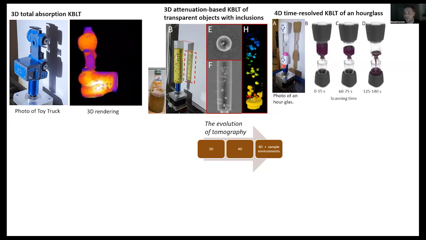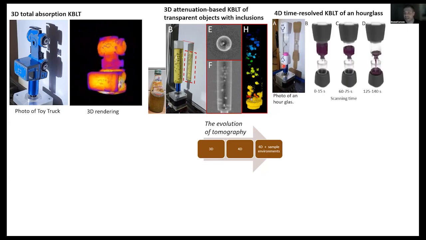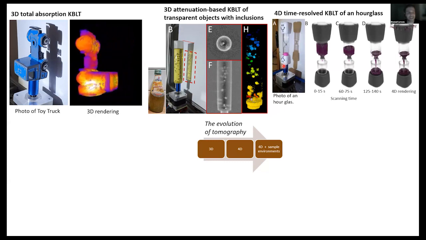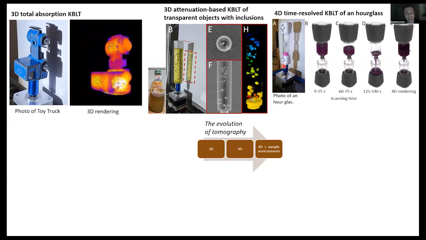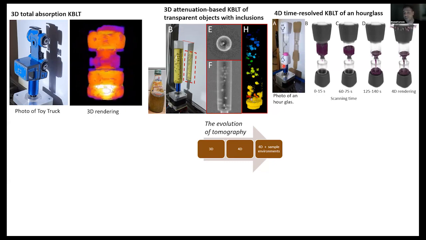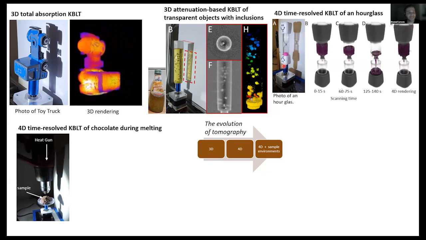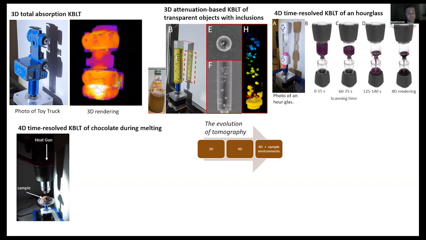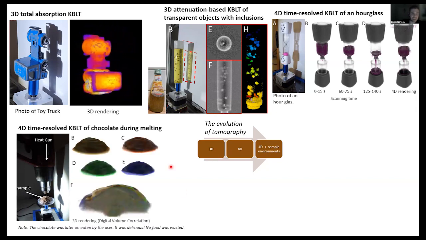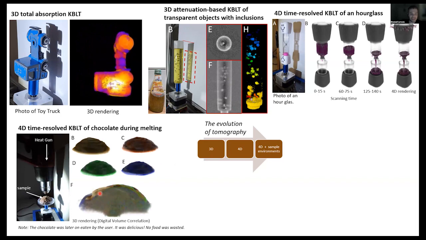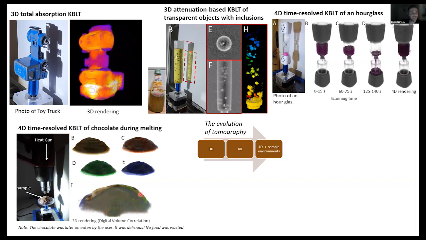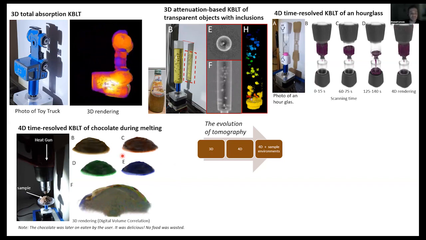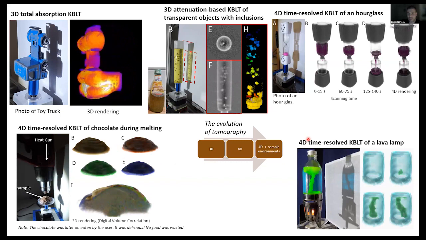So I scanned this hourglass in 4D, so 3D plus time. And here on the right side, you can see a small animation of how this sand is actually falling down in the hourglass over time in 4D. And once I had established that, I took out a heat gun. So this would be my sample environment, and I melted some chocolate. And here in F, you can actually see how the surface of the chocolate is changing over time in 4D, while B to E are the individual states over time. And once I had done that,